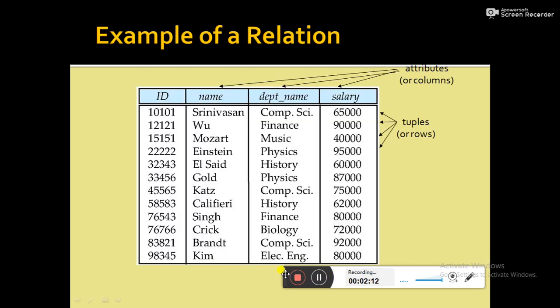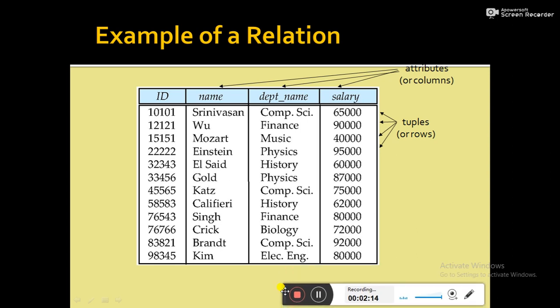And this is an example of a relation or table in relational data model. This is the table, and every table should have a unique name. The name of this table is the employee table, which has four attributes, meaning four columns: ID, name, department name, salary, and it has a set of records.